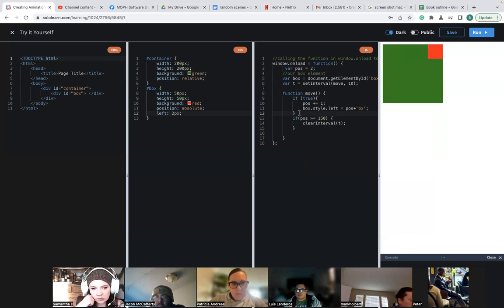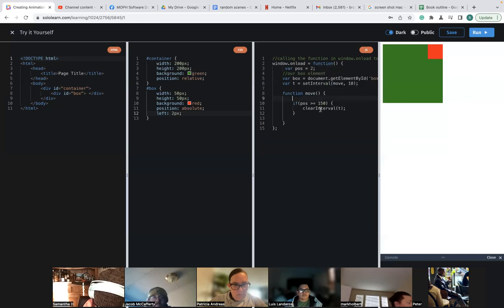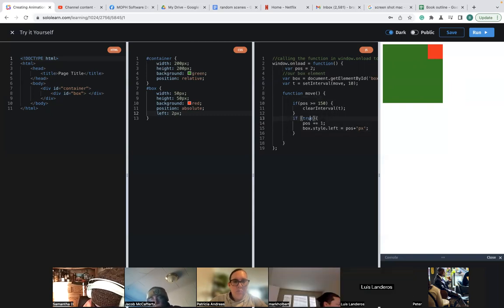Okay. And so if we have the if statement, you said we don't have to have an else. If there was no else statement at the bottom and we ran it, wouldn't it still stop it moving at 150? I guess I don't understand the need for the else if the if statement is saying if it's equal to 150, to stop. Maybe I'm misunderstanding it. It's saying if it's 150, stop, but by having this else, it's saying if it's not